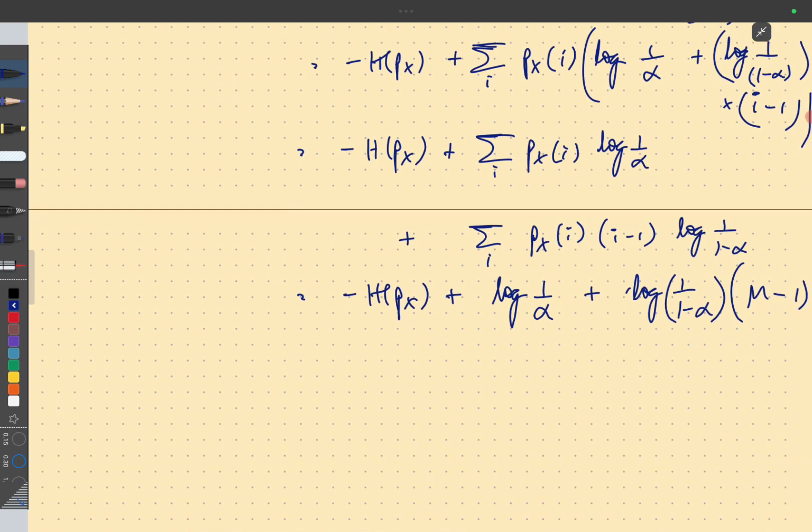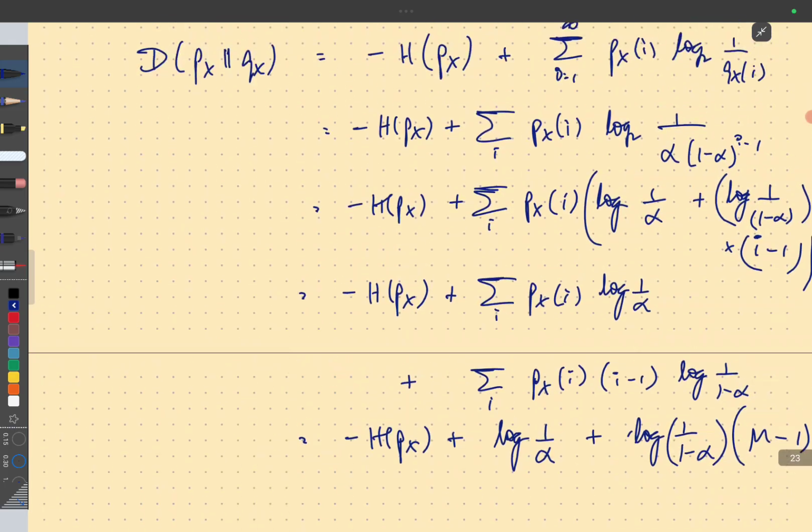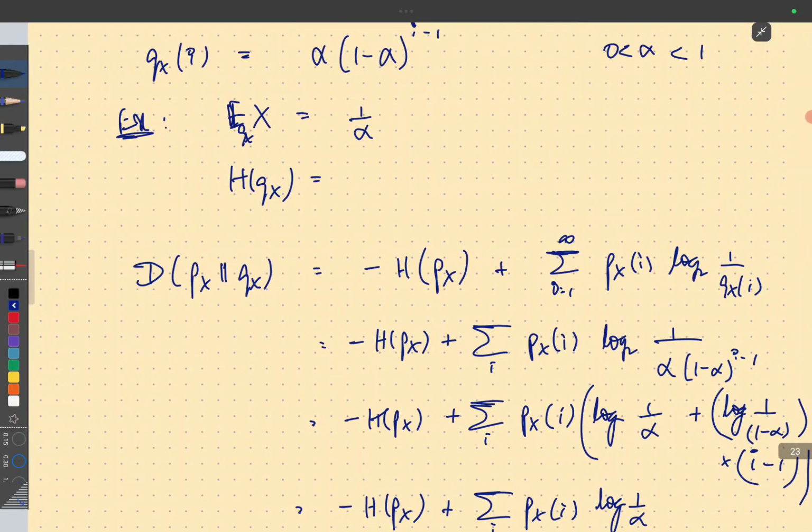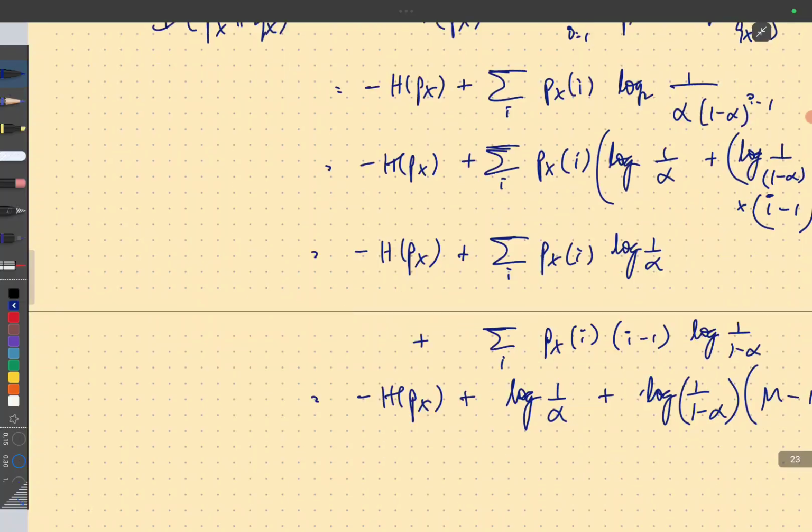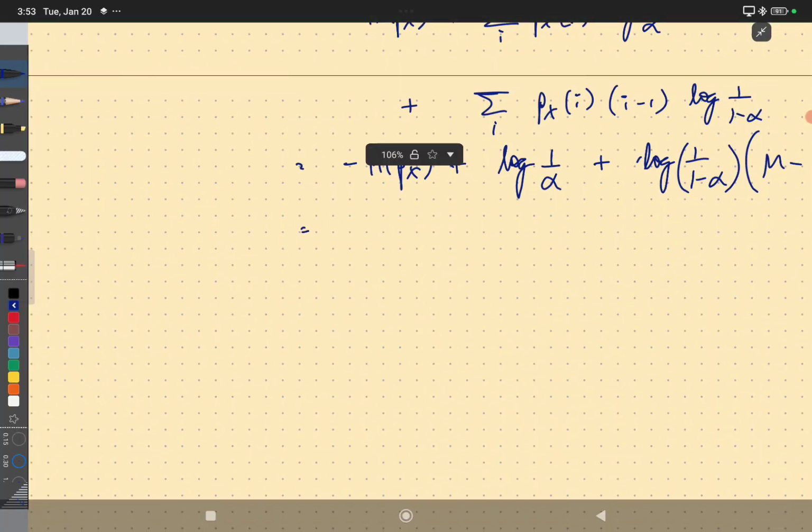And how did we choose alpha? What is alpha equal to? It lies between 0 and 1. But I wanted to choose Qx such that it has the same mean as Px, because I'm comparing two different distributions with the same mean. Right? And the mean of Qx is 1 by alpha. So I want this to be equal to mu. So I should choose alpha equal to 1 by mu. Right? So this is equal to